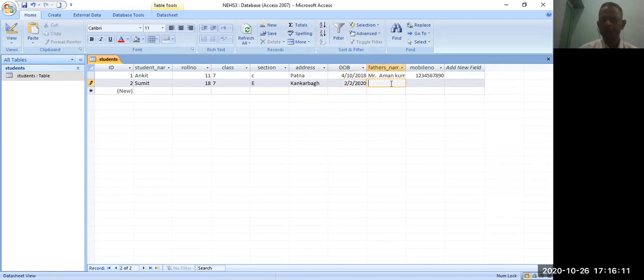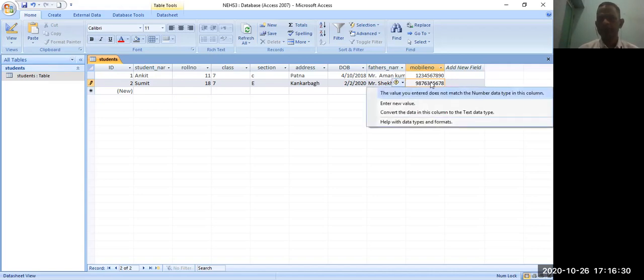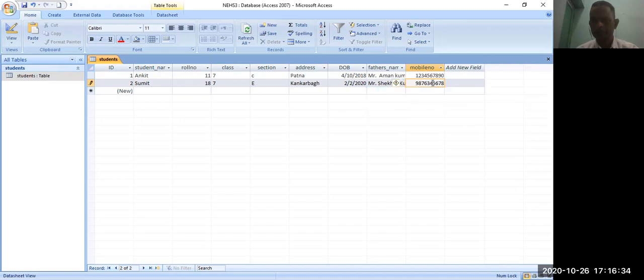You can also write down the 10-digit mobile number. If you go over the number, it shows no, so you can just write down the number to fit.